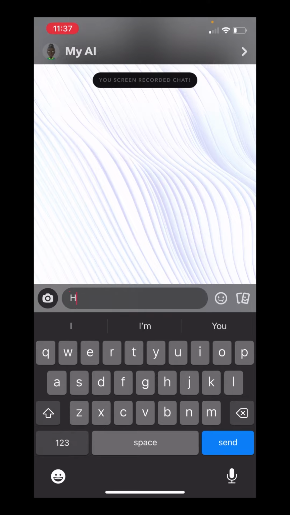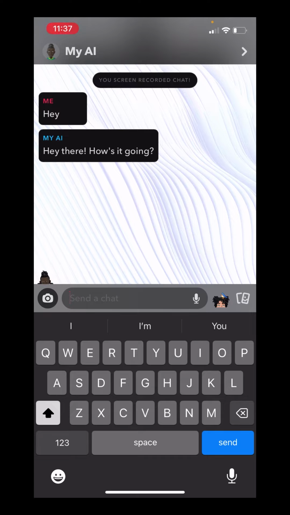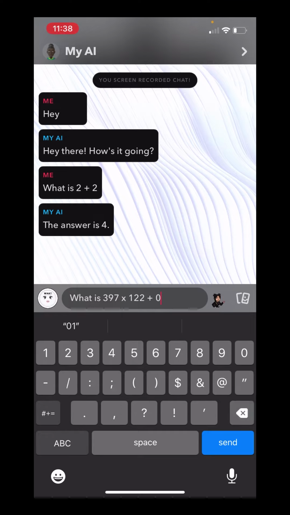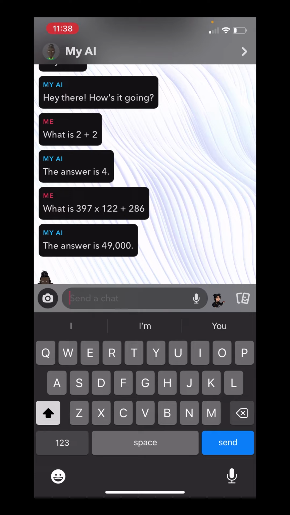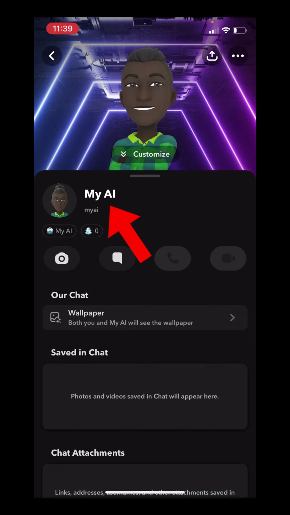So we can say something simple like, hey, how's it going? We can ask them some simple question. He'll give us the answer. We can ask him a more complex question, and he'll give us the answer. So yeah, just like the name says, it is an AI, it's a bot, so you can ask him any questions that you like. If we open up the AI's profile on the top left, here we can change his